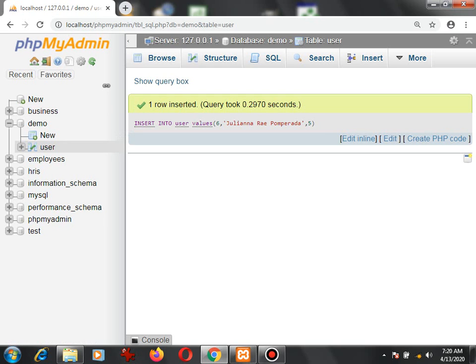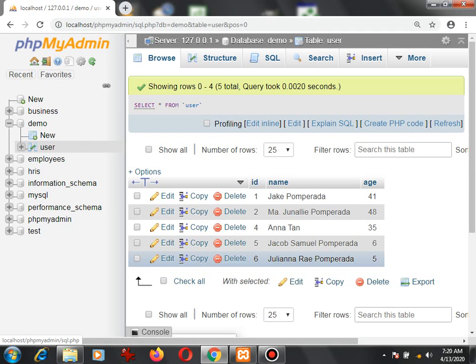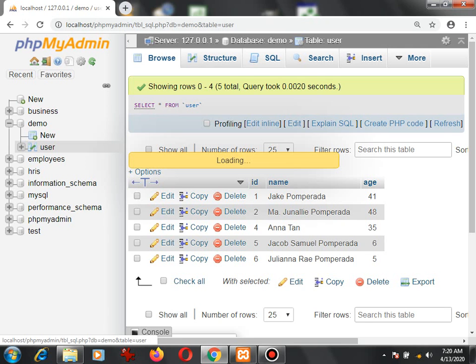So if we want to view the newly inserted record, we go to Browse, and then we have here the new record of Juliana Ray Pomperada with an ID of 6 and the age of 5. If we want to view it using an SQL statement, simply go to SQL,